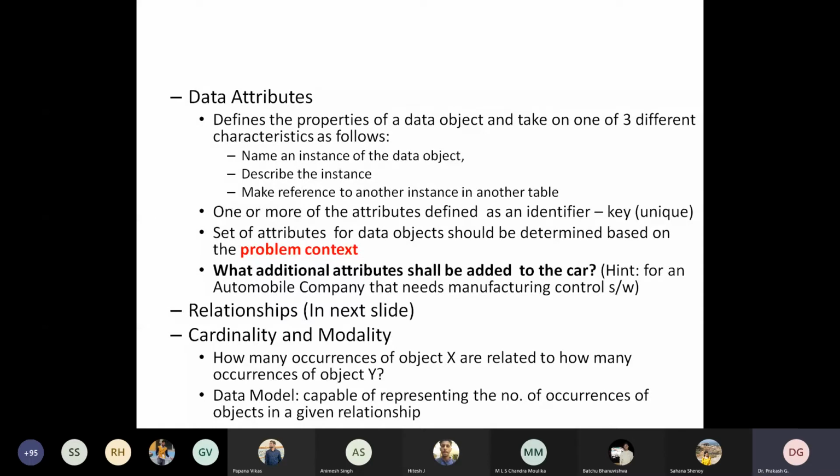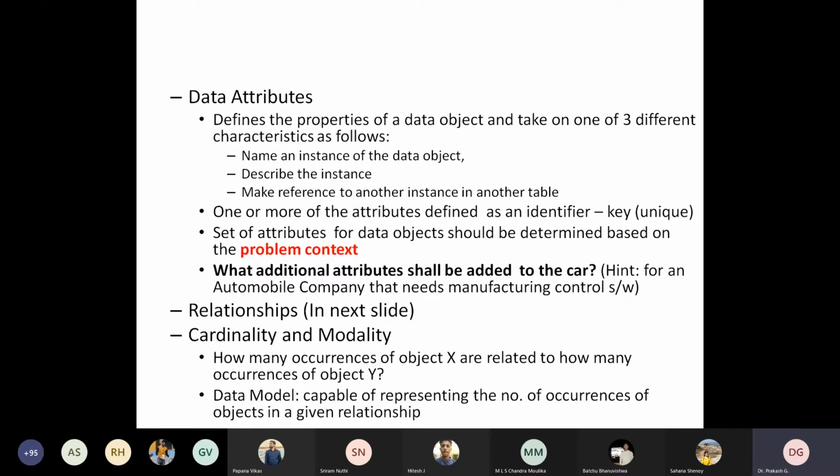What attributes can you consider? Like some additional software for a back cam, rear side camera and all. Okay, good. Seating capacity. Fine, very good. GPS. Very good. Engine horsepower, for example, I am saying. Mileage tracking, sir. Very good.